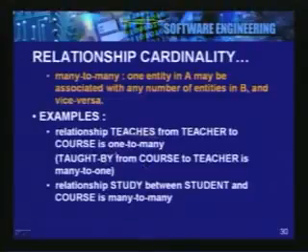Now, the teaches relationship is from teacher to course, we said. That is how we understand it from the readability point of view. Now, for the inverse of the teaches relationship, when you want to go from course to teacher, you may prefer to name it as taught by. But in the ER diagrams that we will draw, a relationship carries only one name, whether you go from one entity to another or from the other entity to the first one. So the relationships will have the same name irrespective of the direction you are traversing the relationship.